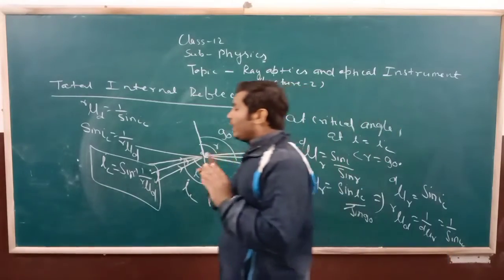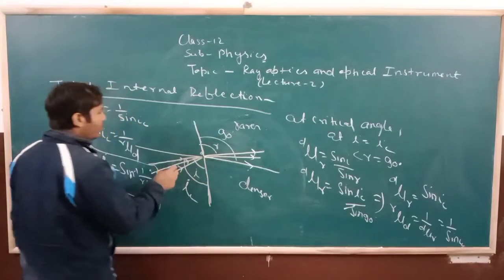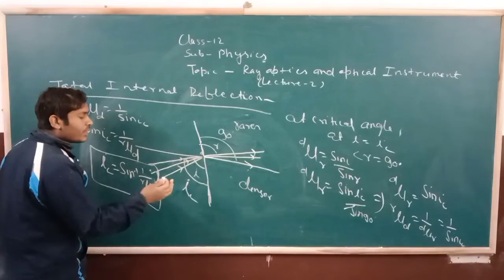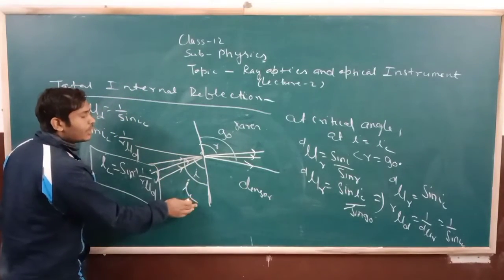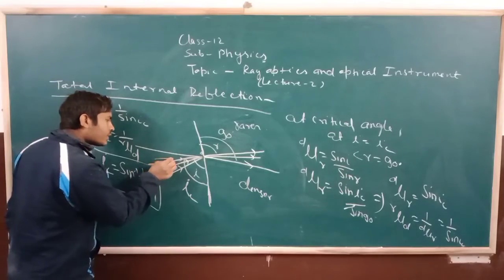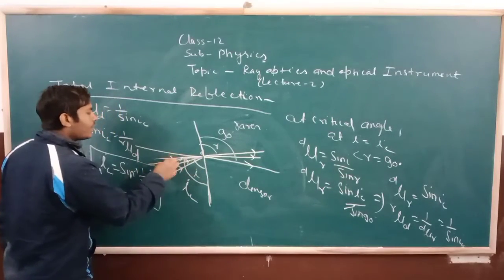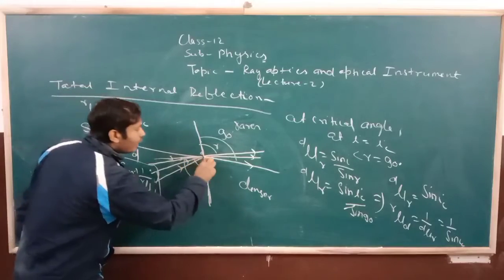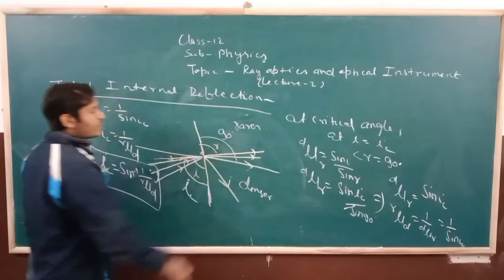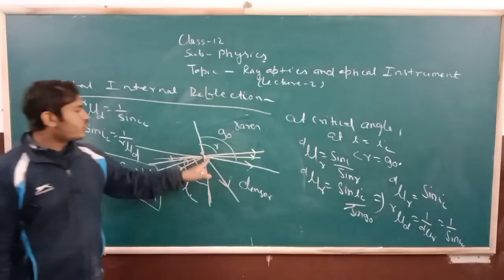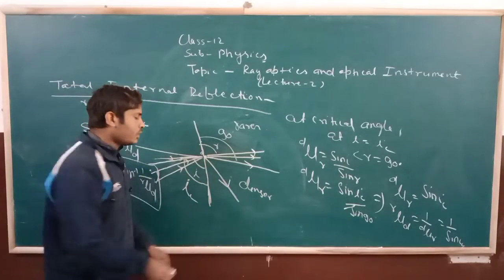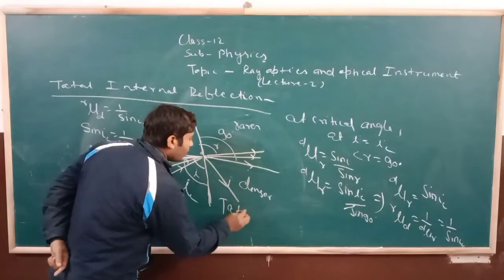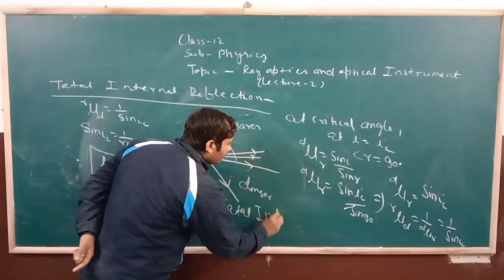Now, if the angle increases greater than this critical angle, what happens? When we increase the angle by a certain amount greater than the critical angle, the ray of light reflects back into the same medium. This process is known as total internal